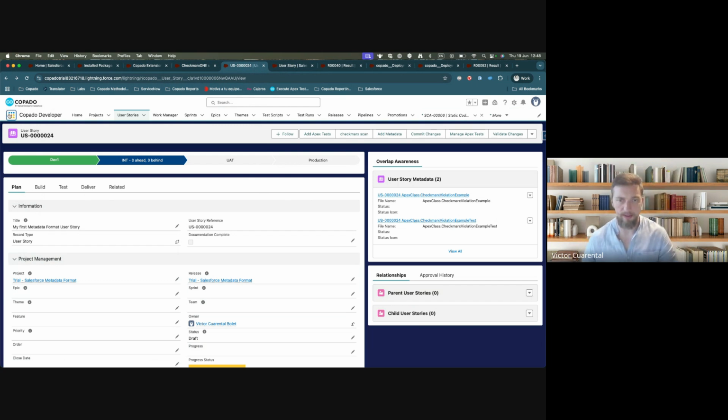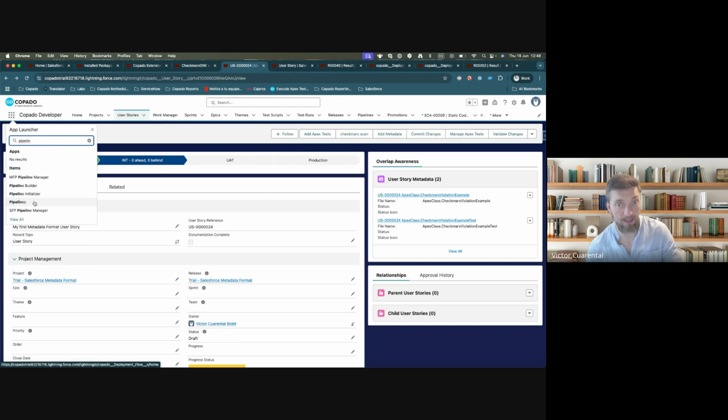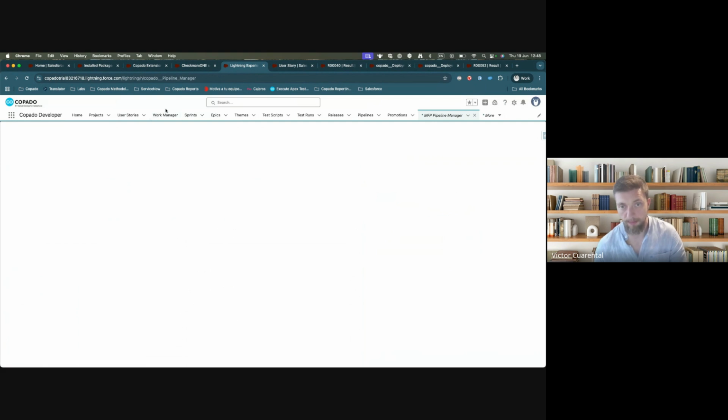Now we have two different pipeline managers: the metadata format pipeline manager and the source format pipeline manager. If you are using a previous, older version of Copado, you will only see one pipeline manager, which is the metadata format pipeline. So if I go to the metadata format pipeline,